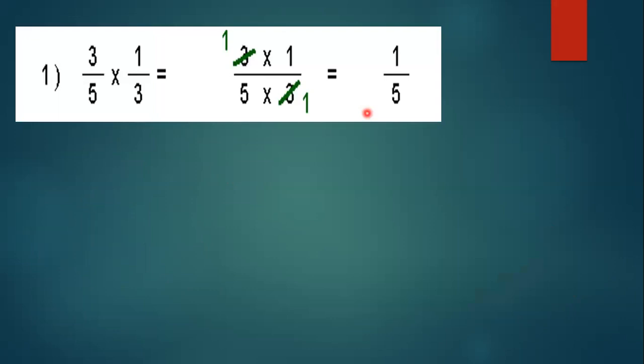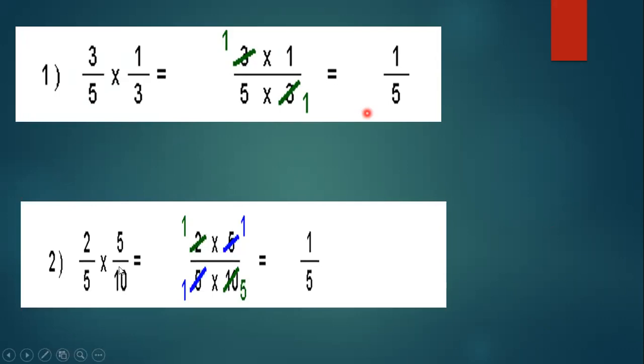There are more examples for you. For example, in all these things, I have done the cancellation part because I like that more, and that's really very easy. If I have 3 by 5 multiplied by 1 by 3, 3 and 3 get cancelled. The answer is 1 by 5. Children, remember, we can only cancel out a numerator with a denominator, not two numerators and not two denominators.